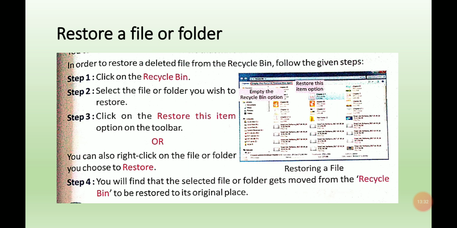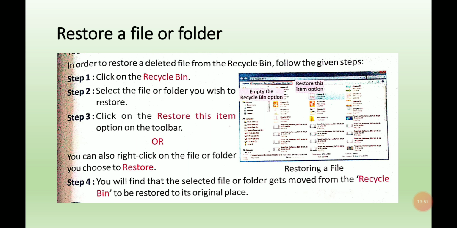Next, once we have deleted a file and folder, it will be stored in the recycle bin. So how can we restore the deleted file and folder from the recycle bin? So there are steps to restore it. Step 1, click on the recycle bin. Step 2, select the file or folder we wish to restore.